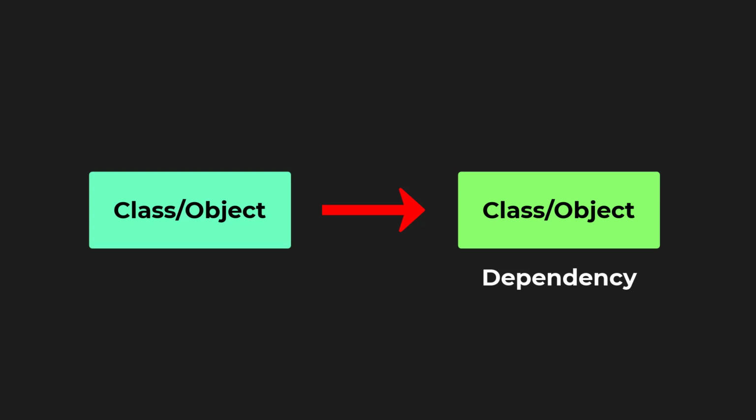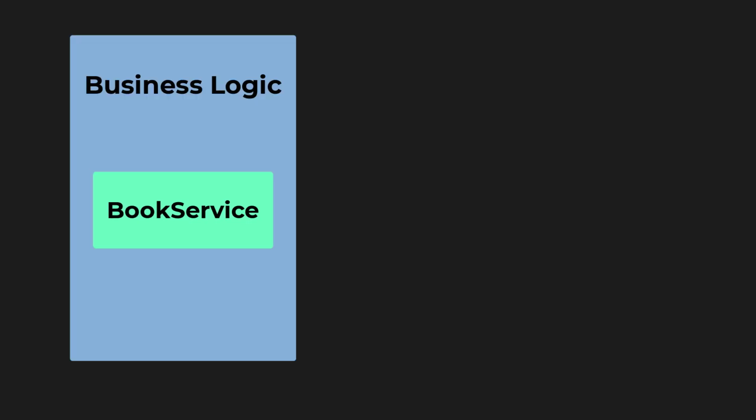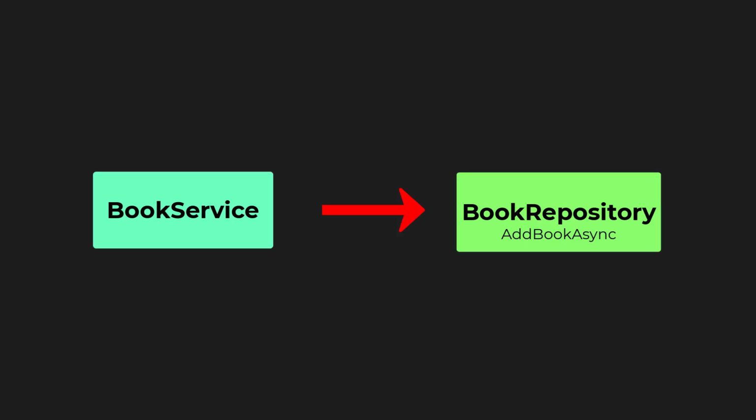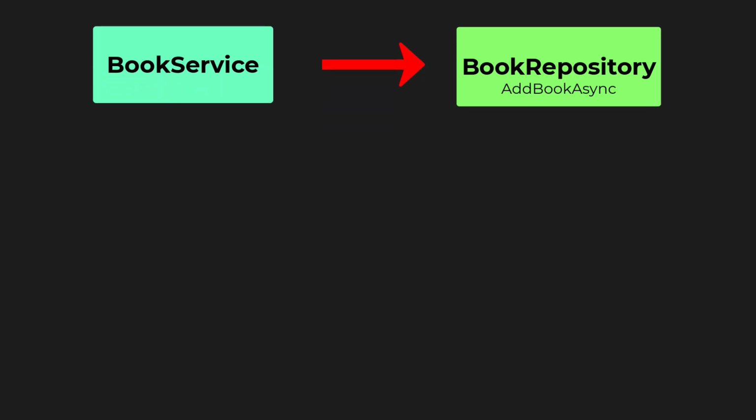Let's see an example. Let's say we have a book service class in the business logic layer and a book repository class in the data access layer in a typical n-layered application. The book repository class contains a method called addBook that book service wants to invoke. So we can say a book service object depends on a book repository object for its functionality. The book repository object is called a runtime dependency because a book service object only needs to use a book